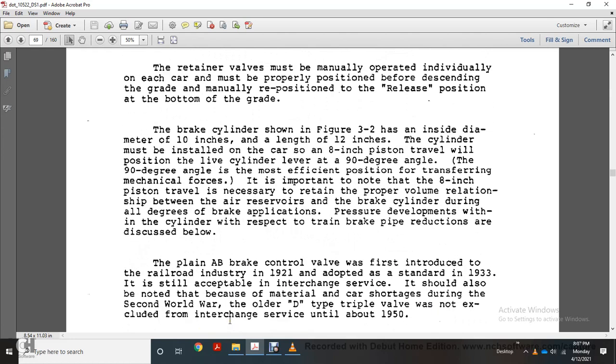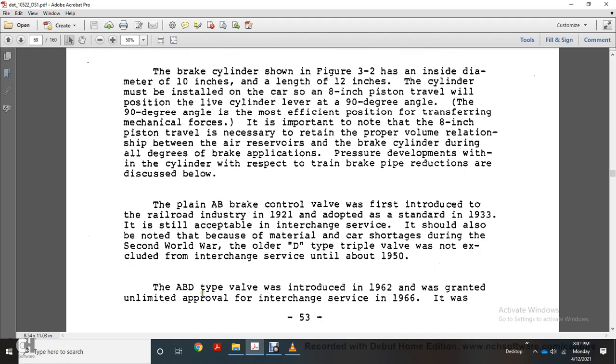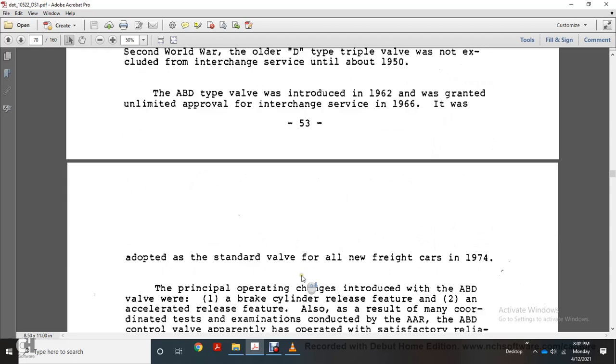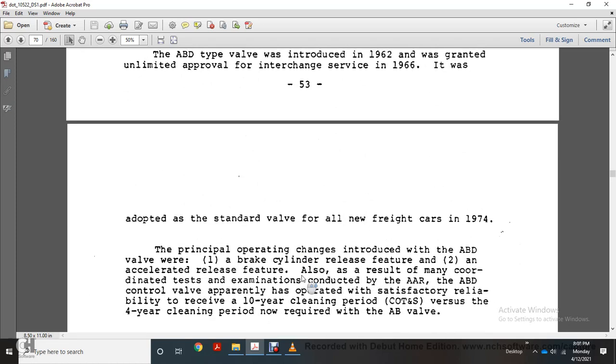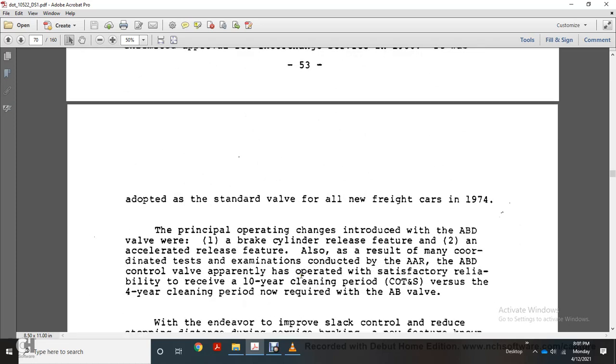The AB control valve was first introduced to the railroad industry in 1921, adopted as standard in 1933, and is still acceptable in interchange service. It should also be noted that because of the car shortage during the Second World War, the older D type triple valves were not excluded from interchange service until about 1950. The ABD type of control valve was introduced in 1962, was granted unlimited approval for interchange service in 1966, and was adopted as the standard valve for all new freight cars in 1974. The principal operating changes introduced with the ABD valve were the brake cylinder relief feature, the accelerated release feature,